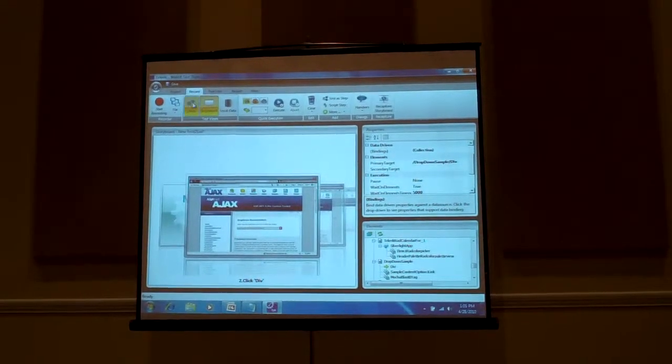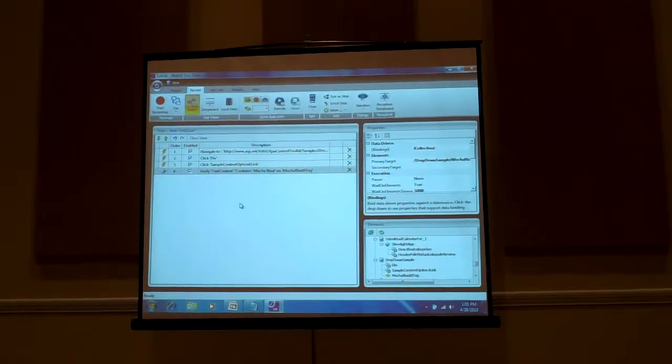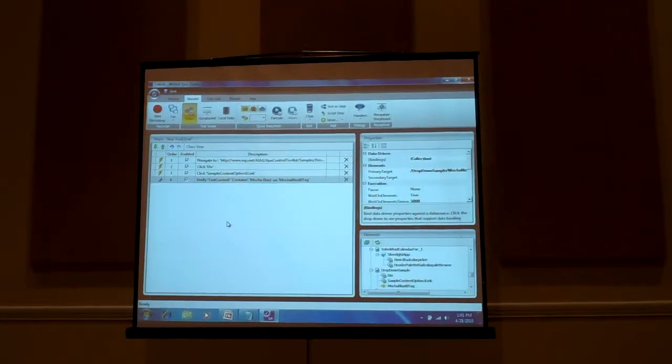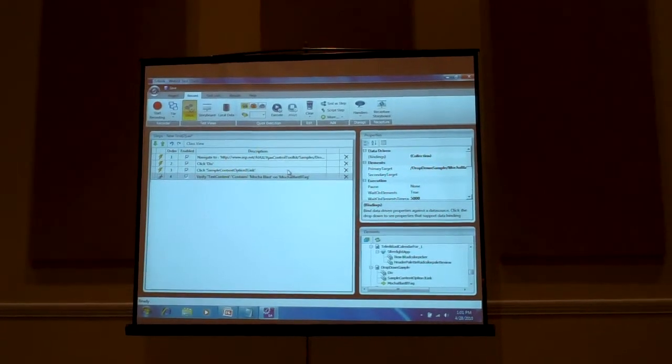So let's go back to our steps. Now, in this Ajax scenario, the element exists, but the value didn't until we made the selection. So after we made the selection, it went back. So let me go ahead